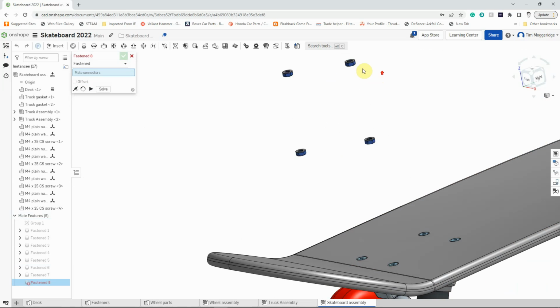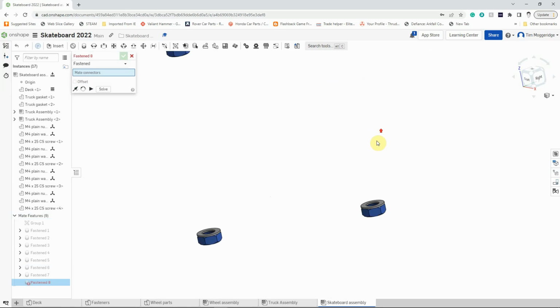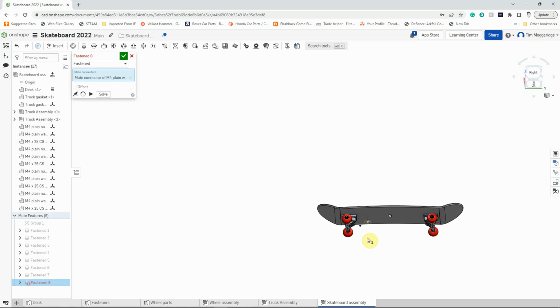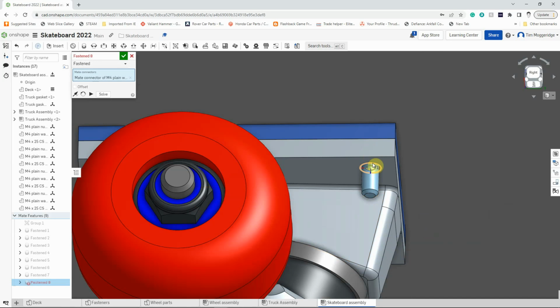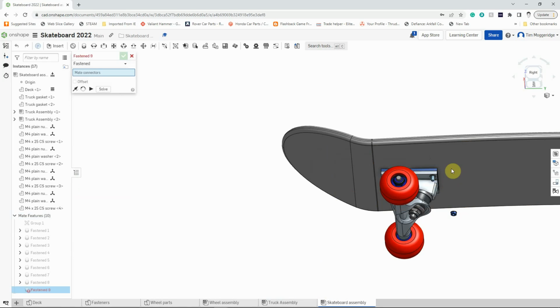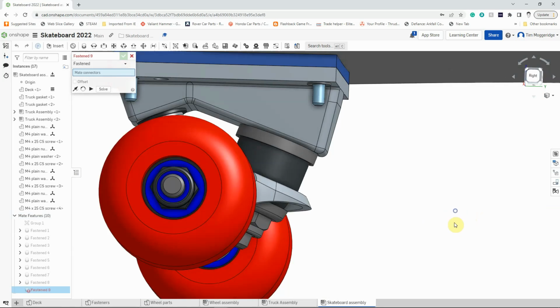Let's do that with our washers now. So our washers are quite close, so let's make sure that we're picking the top edge inner circle of the first washer, picking the mate point, and then do it on that edge there. We've got the washer, tick to solve it, repeat that